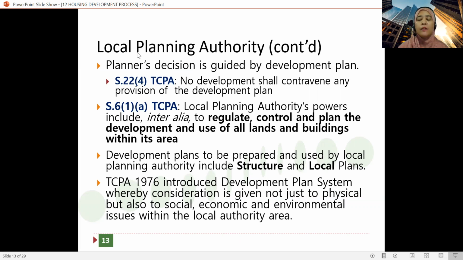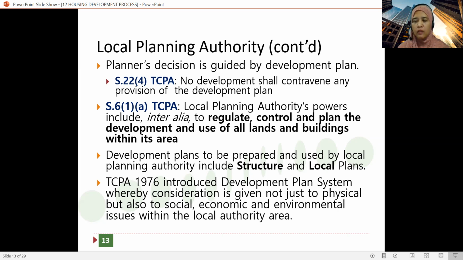Planners, Local Planning Authority again, continue. Okay, planners' decision, how do they make their decision whether to approve the planning permission, or approve with conditions, ataupun outright reject the planning permission? How do they make their decisions? Their decision is guided by the development plan. Dia akan merujuk kepada